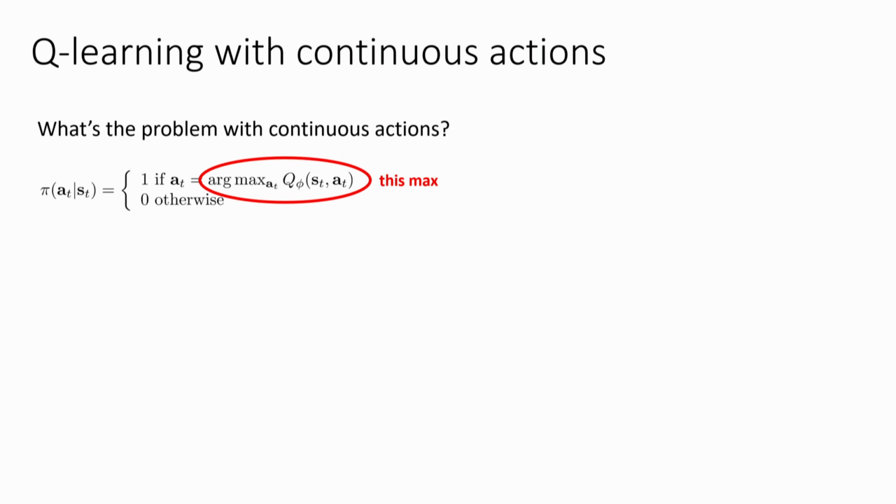You could just sample a bunch of actions and max that. You can just pick a bunch of actions, just a discrete set of actions, and just take the one with the biggest Q value. You could do that, yeah. We'll actually see something like that too. Any other ideas?